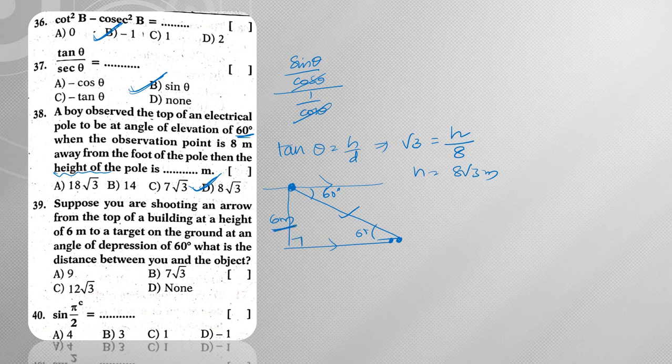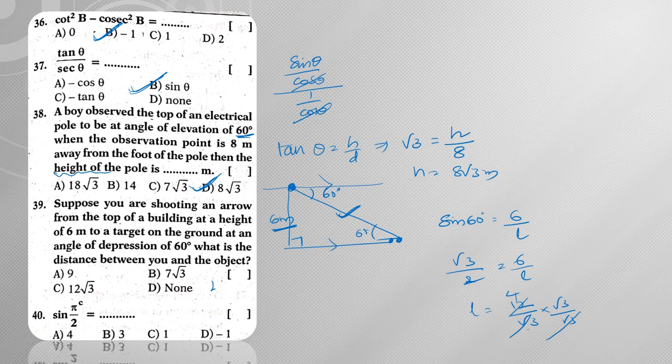So opposite side I know and I need to find out the hypotenuse. Directly I can go with the sine. So sine 60 degrees is equal to 6 meters by that particular length. So sine 60 is root 3 by 2, so root 3 by 2 is equal to 6 by L. So from this L is equal to 6 into 2, which is 12 by root 3. So after doing rationalization, root 3 into root 3 is 3. So 3 in 12 it goes 4 times. So the answer is 4 root 3.